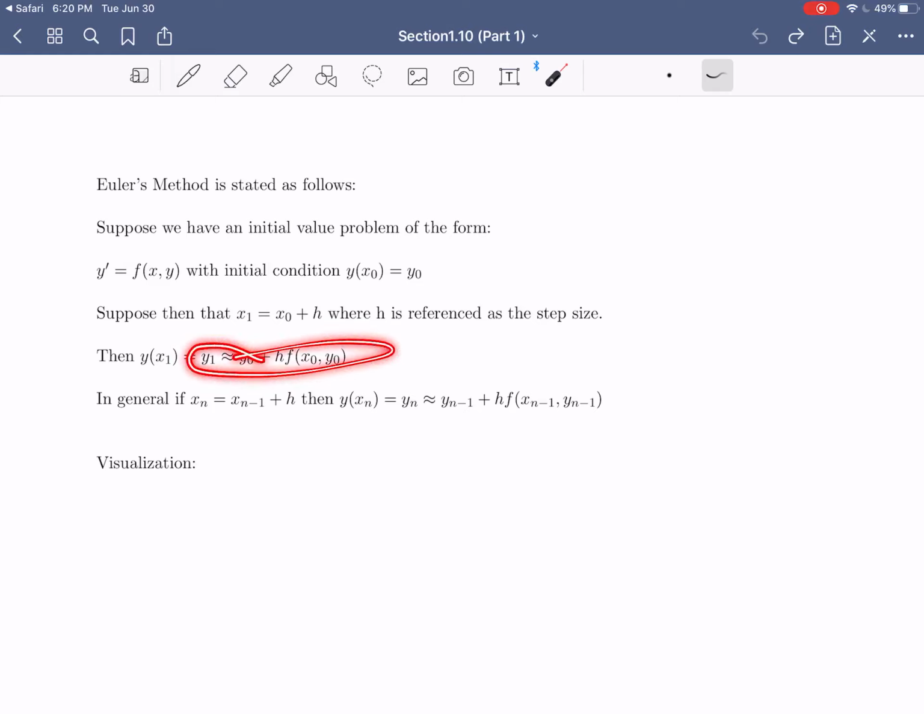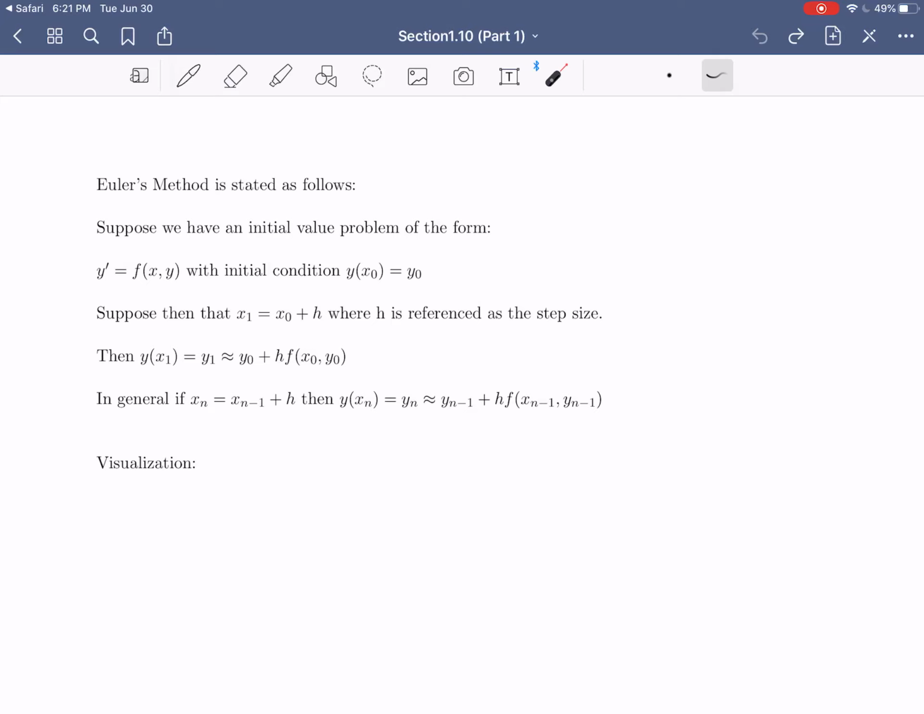So why does this formula sort of make sense? Well, it's basically saying that y sub 1 will be the original y value plus the step size times the derivative, because what is f at x sub 0, y sub 0? Well, that's the derivative evaluated at that point. So in other words, to figure out what the next y value is, you basically take the previous y value